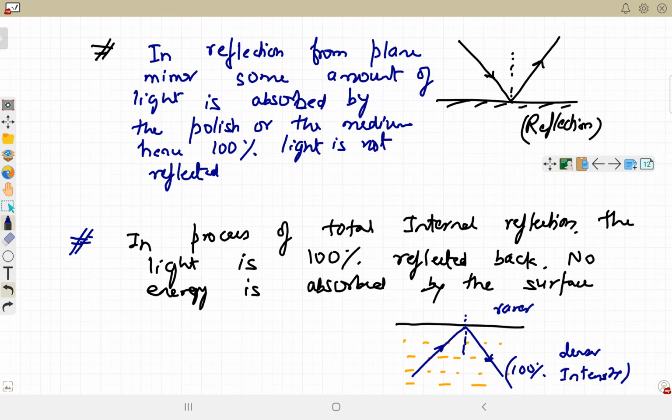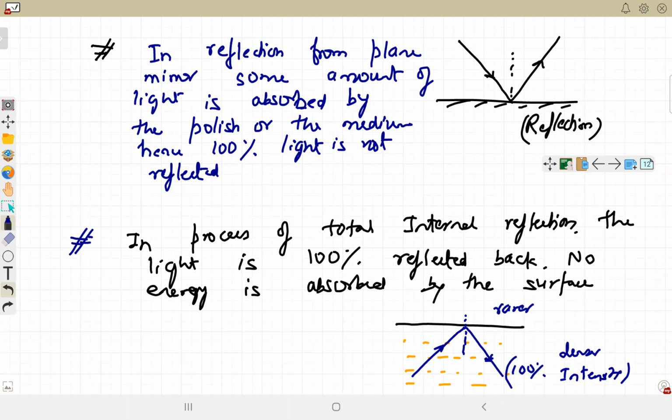Yes, sir. Take one more look at the whole concept, if there is any doubt. There are many practical applications of this TIR phenomenon also. Many practical applications, and obviously it is used in many optical devices to